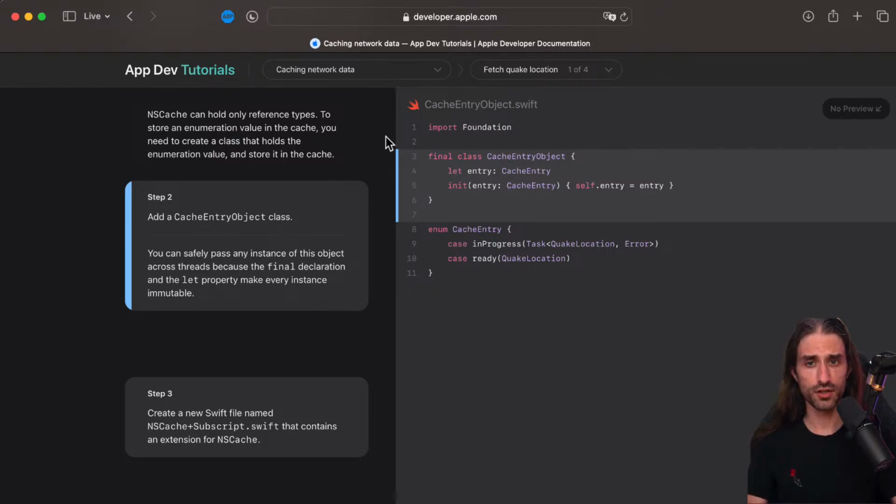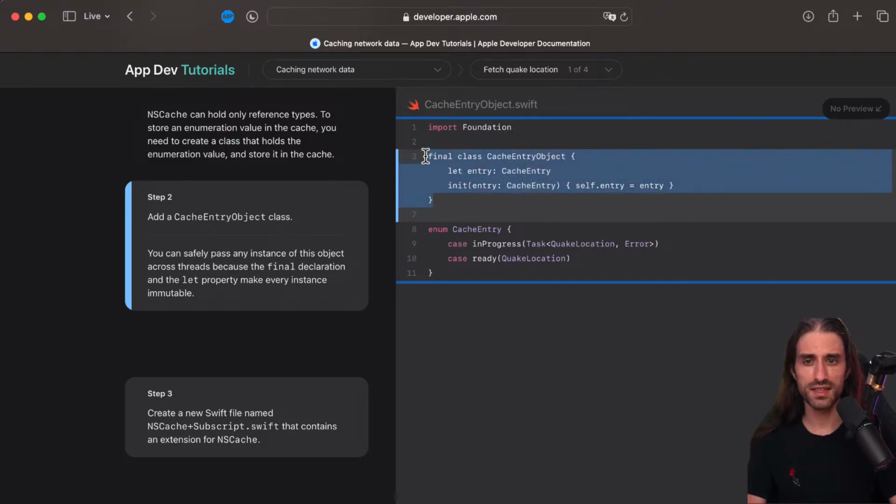So to store an enumeration in the cache, you need to create a class that holds the enumeration value and store it in the cache. This process can sometimes be referred to as boxing and unboxing in terms of design patterns. If you ever had to write Objective-C and you had to use NSNumber whenever you wanted to store an int or a float into a collection, this was a typical instance of it.